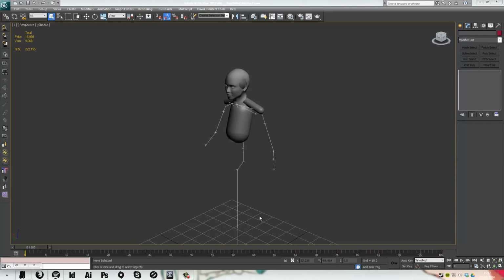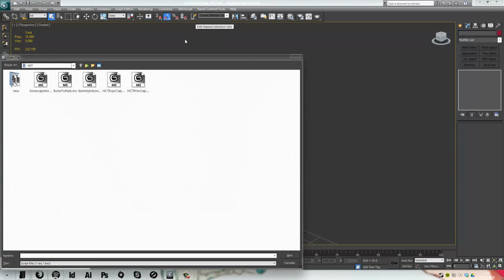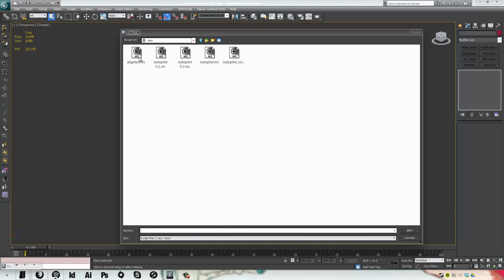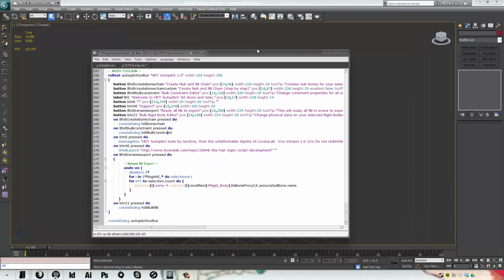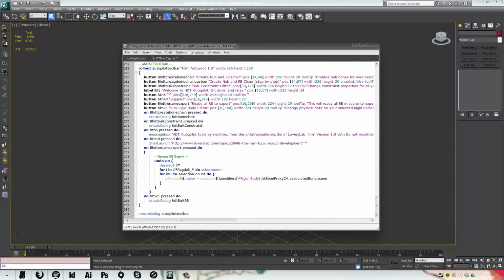So let's say you just unloaded the HDT Autopilot tools and want to put it to good use. The first thing you want to do is open the script. In this case, I have it here in my folder. Now we could execute the script directly, but let me show you real quick a trick to add a button